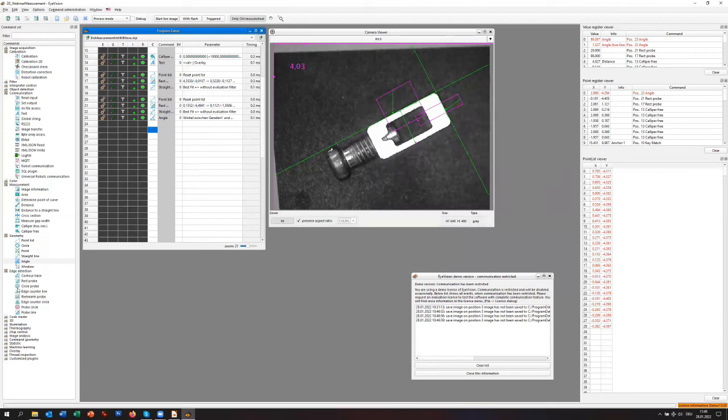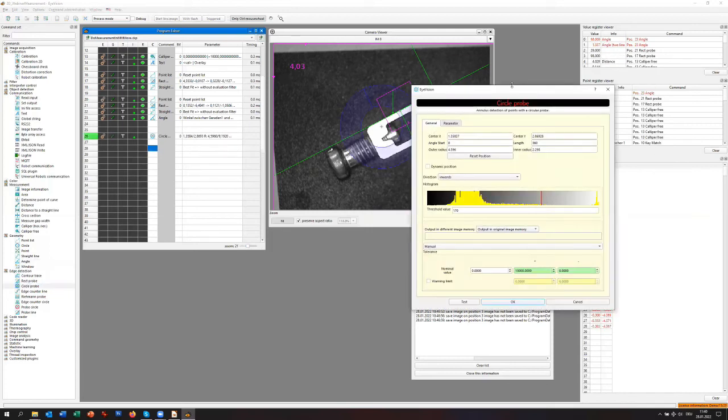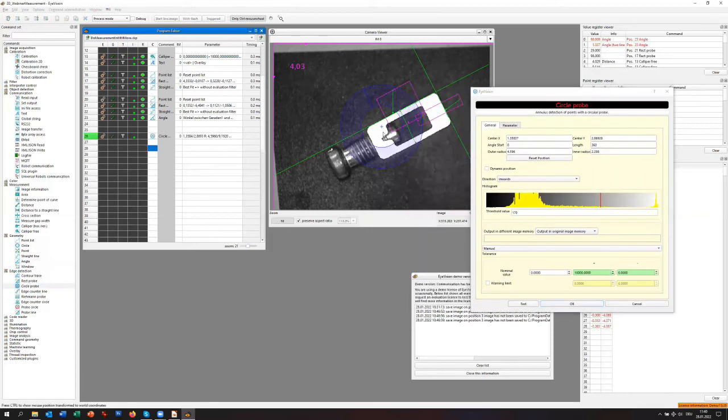Therefore, we have the circle probe. And in this case, we simply use the circle probe, and of course we move it roughly to this edge. We put the inner probe to this position and the outer probe to this position, and because we are only interested in these values,